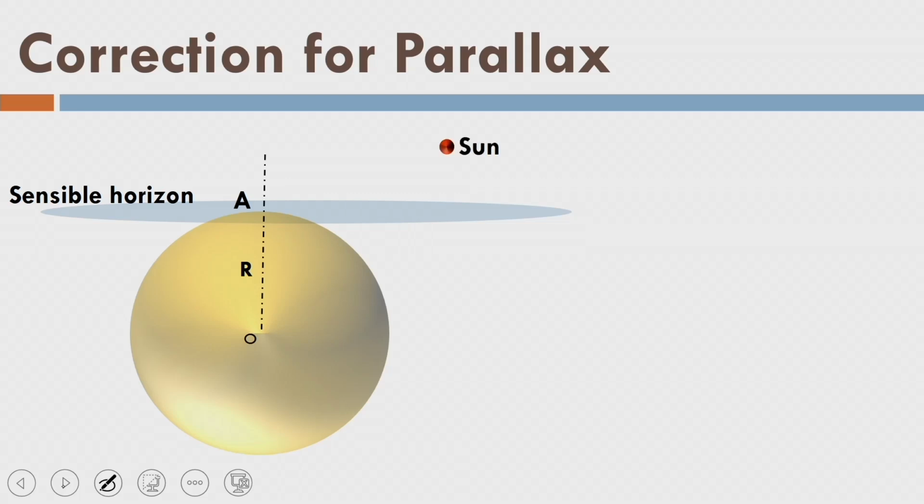This is the sun and you measure this angle, which is called alpha here. Fine. We have assumed that the observer is located at the center of the earth. We have defined the celestial horizon as well as the celestial equator passing through the center of the earth. So now we should measure the angle of the sun with respect to the true horizon, or the celestial horizon, which is containing the center of the earth.